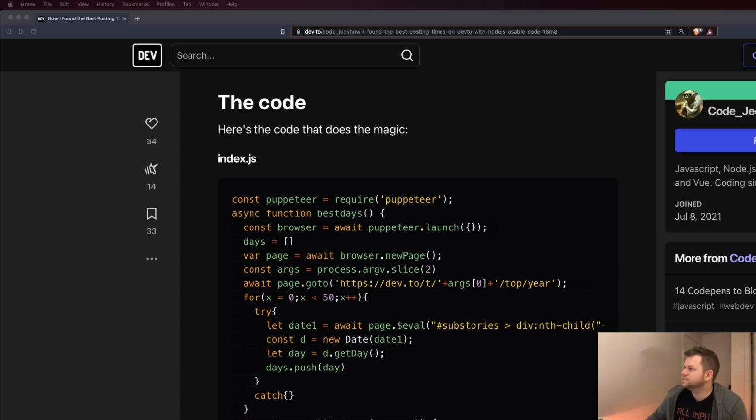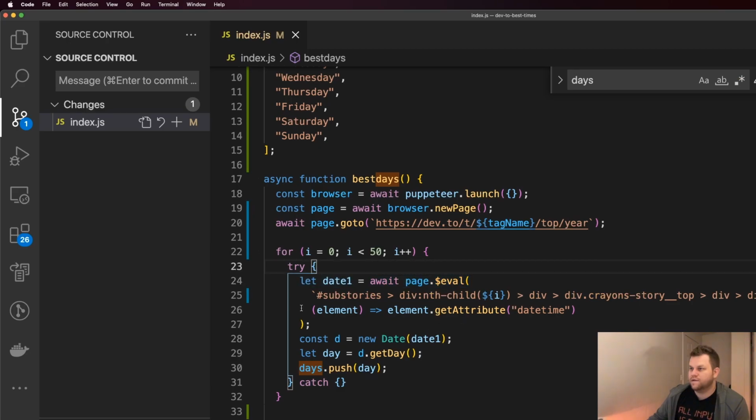Multiple elements. Well, so this is just getting the element, and it's